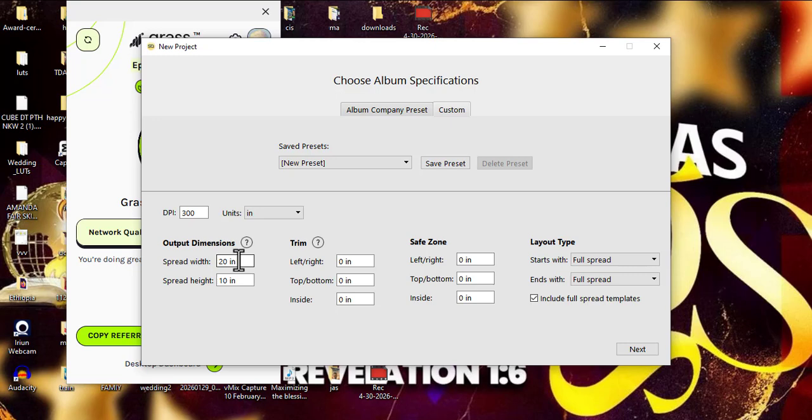So for example, 8 by 8 will be 16 by 8, 10 by 10 will be 20 by 10, 12 by 12 will be 24 by 12. I hope you have a better understanding of this. So we're going to go with 10 by 10, which will have 20 in the width and 10 in the height. So you leave the trim the way they are, and the safe zone,